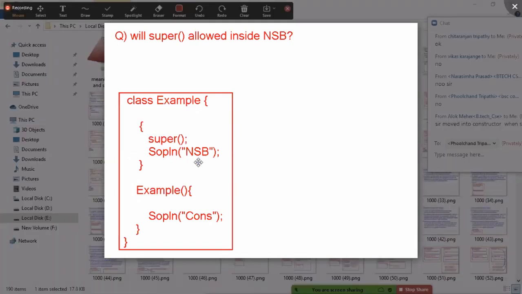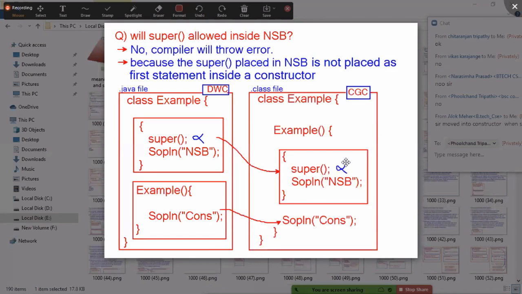Non-static block will go into the constructor. Super parenthesis will be part of the constructor, right? So why then compile time error? Because super parenthesis will not be the first statement in the constructor. It will become the second statement. The first statement will be the open bracket. Okay.